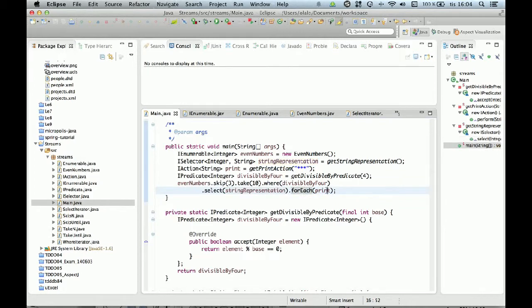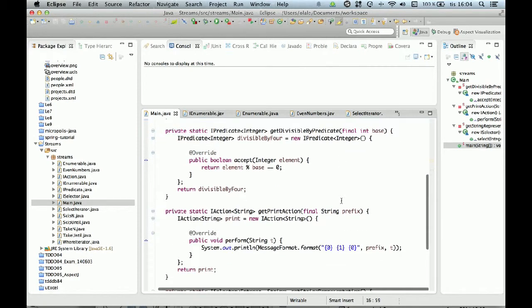And for each one we apply the print action, having a prefix and, well, also a suffix